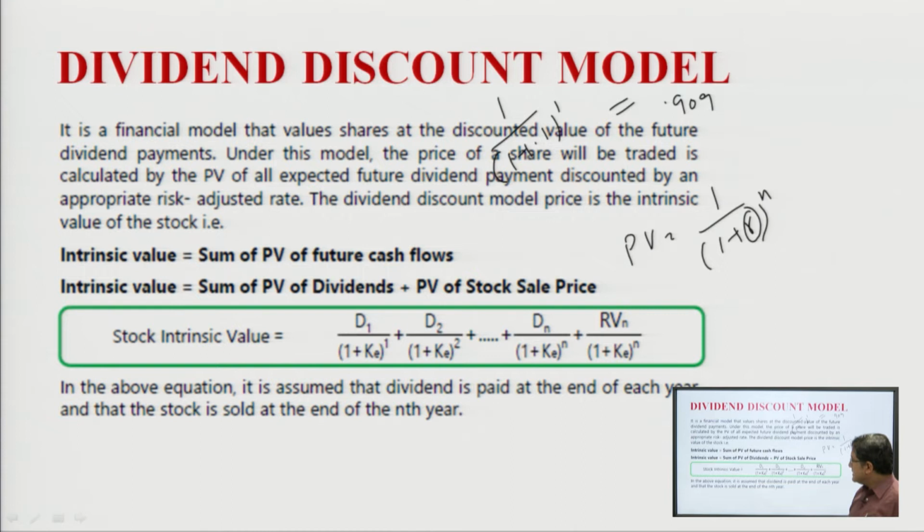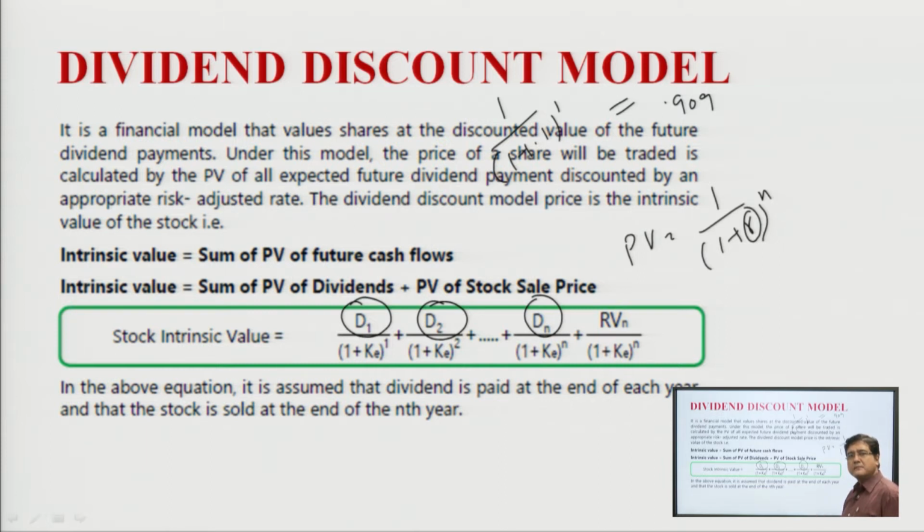In this formula, D1 is the dividend of the first year, D2 is the dividend of the second year, and Dn is the dividend at n years. After n number of years, like 10 years, 5 years, 6 years, any number of years,